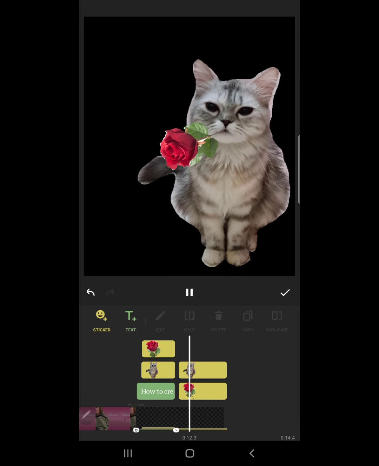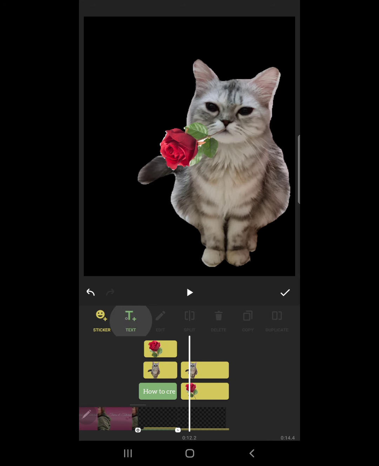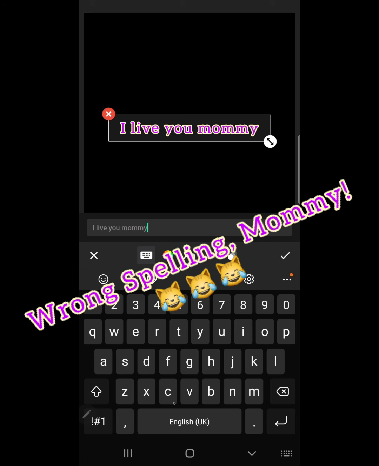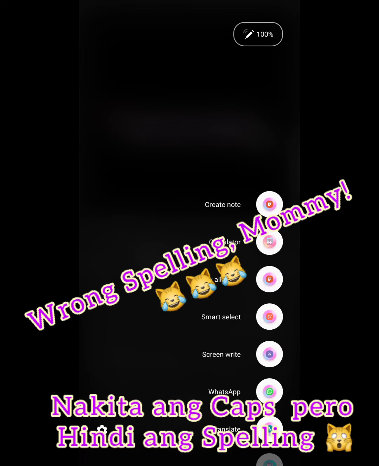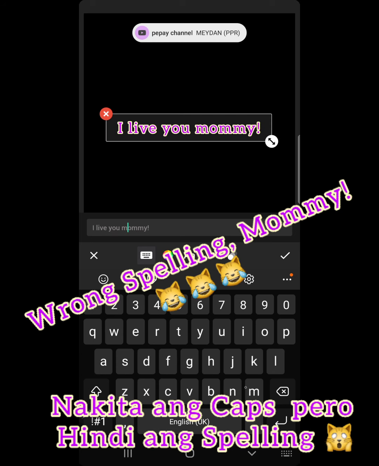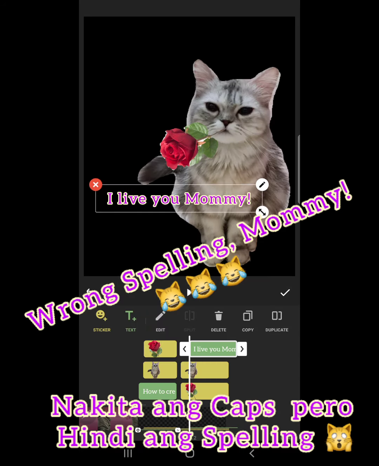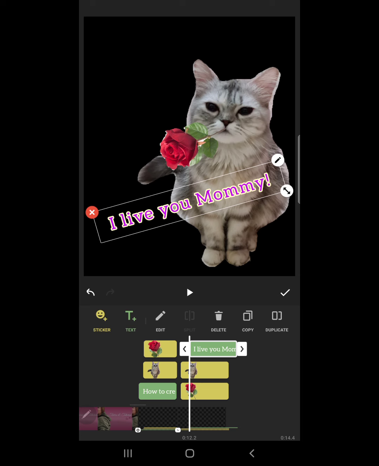And if you play the video, it's there. So cute, right? And you can use this on your videos. And add a text and say, I love you, mommy. Oh, sorry about that, guys. There. I love you, mommy. And of course, from this app, which is called InShot, which I regularly use to edit my videos,